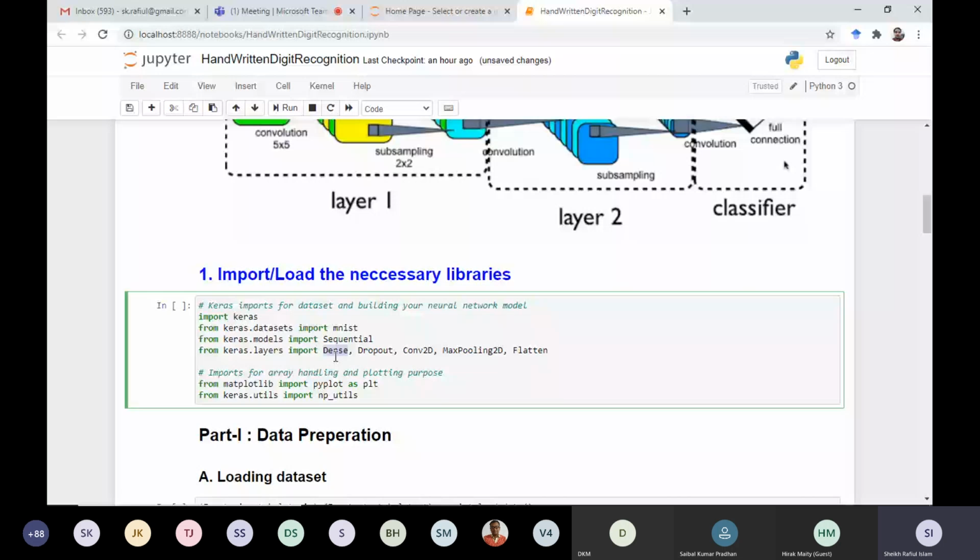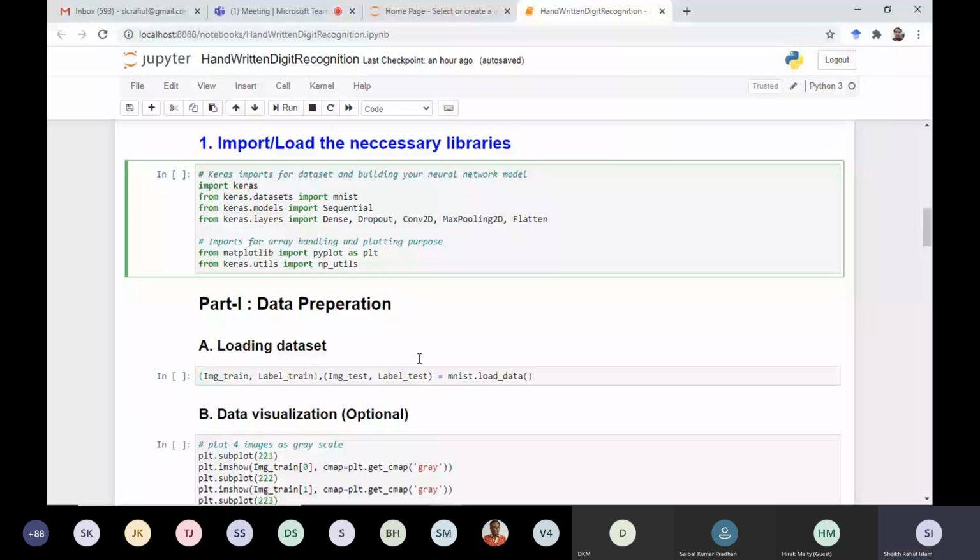Other than that, we have Dropout. I will explain the role of dropout here. That is nothing but a regularization, some penalty we will introduce during training, and to do that, we will have the Dropout layer. Why that penalty? To prevent overfitting. I think you know what underfitting and overfitting are. If you have any question, definitely I will clear that, but I assume that you know all those things.